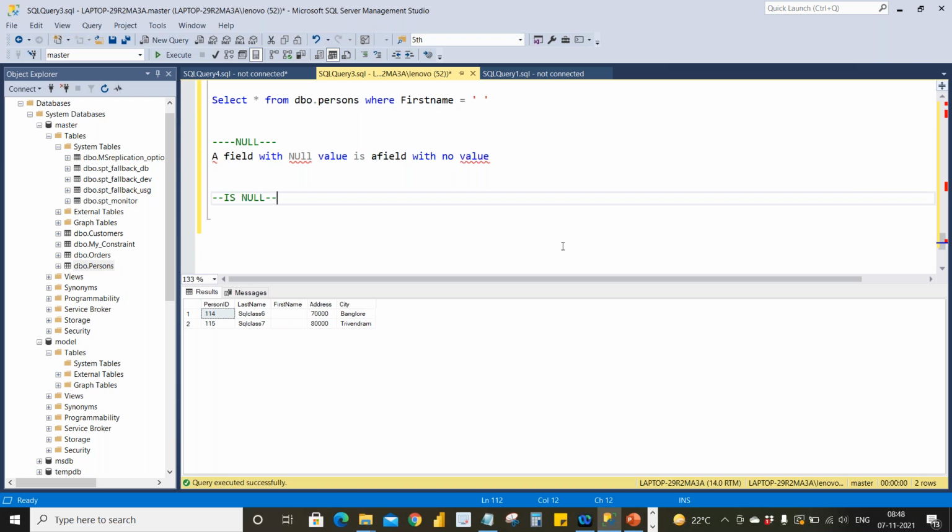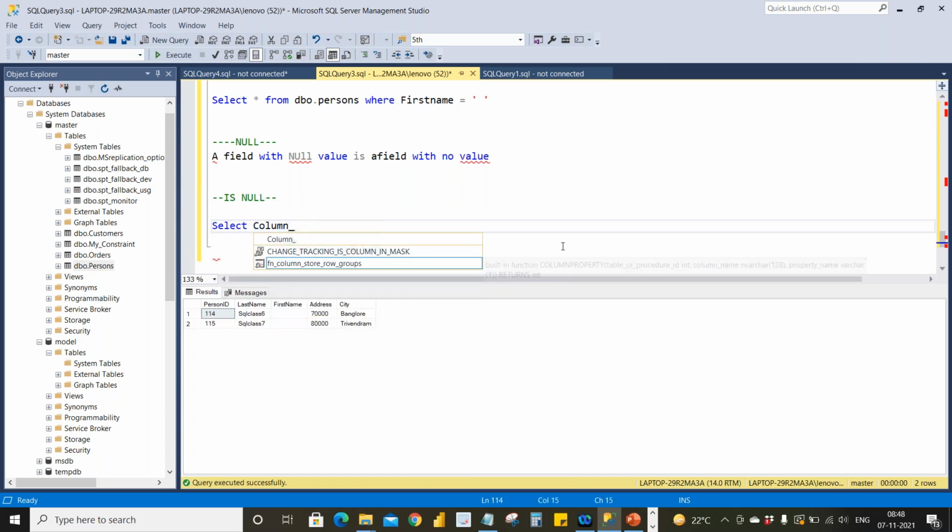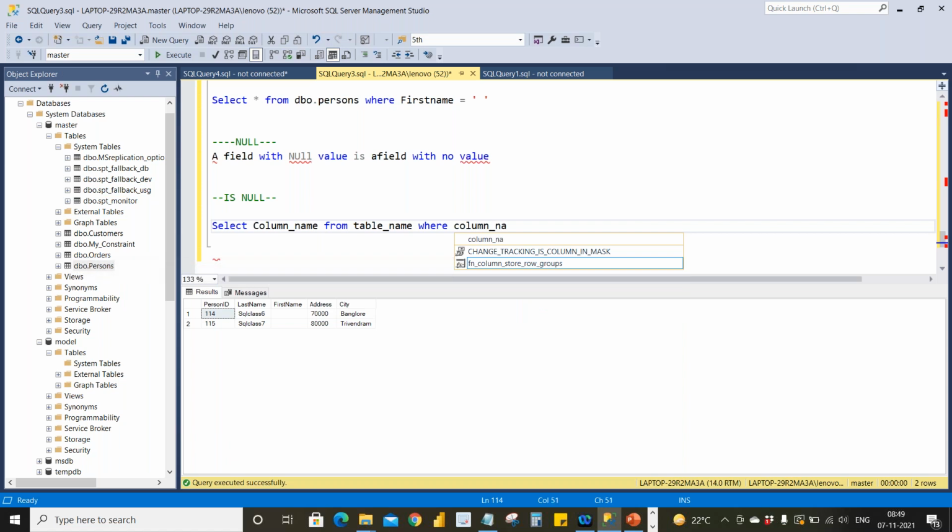This is a keyword we use: SELECT column names or anything, star also you can give, FROM table name WHERE column name IS NULL. So this is my syntax for IS NULL.